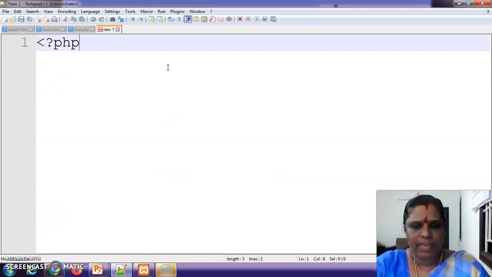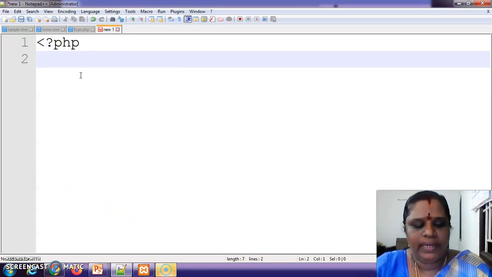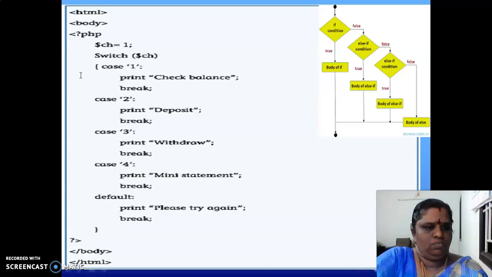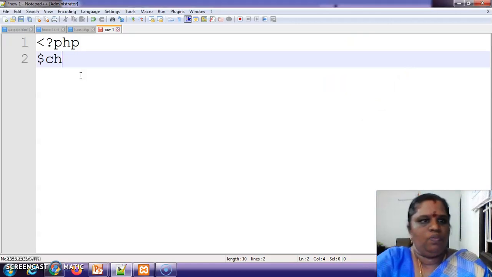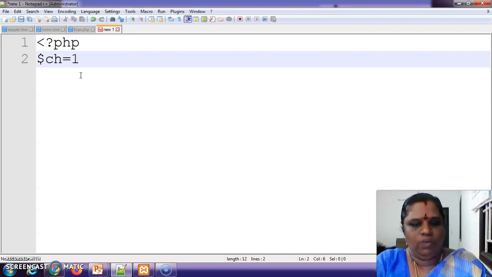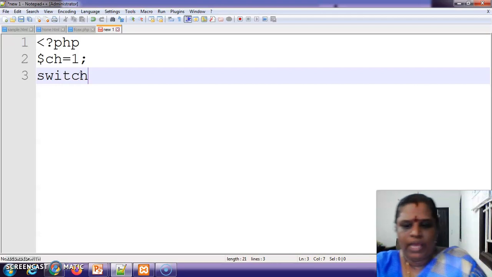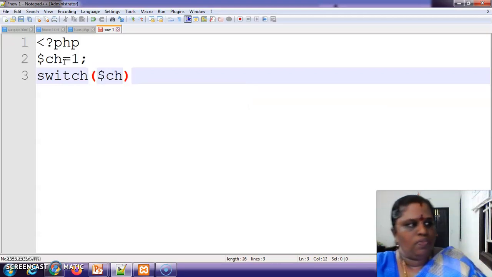We can start the PHP. Yes. We can have our character CH is equal to 1. Then switch case, we are going to give the expression CH. Yes.